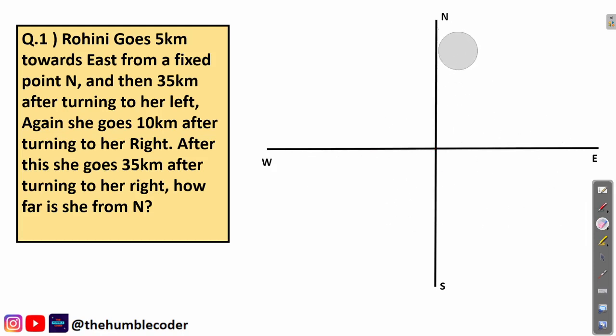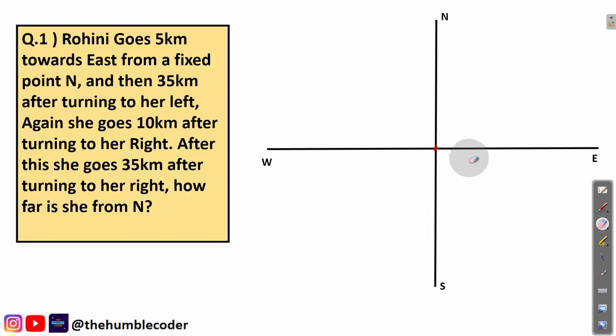Now the next important thing is, suppose nothing is given to us in the first statement, and the statement starts as, a person walks 10 kilometers straight, with no direction mentioned. Then in which direction will you move? Simply in the north direction. If no direction is mentioned at the start of the question, or the word straight is mentioned, then you will simply move in the north direction. This is the most important thing. Now this is also clear.